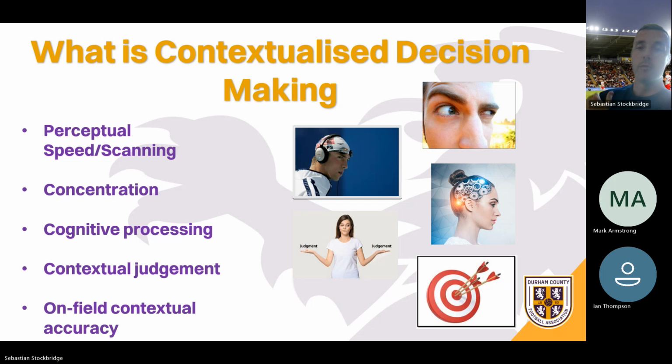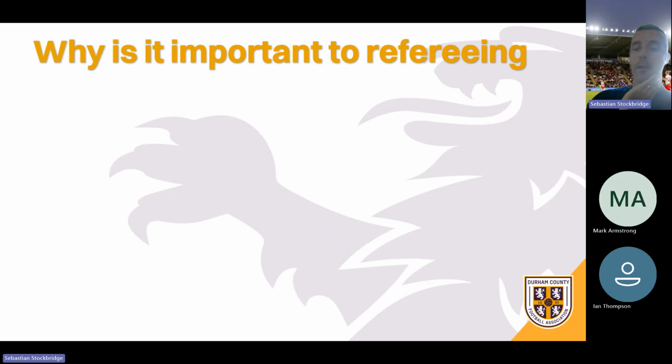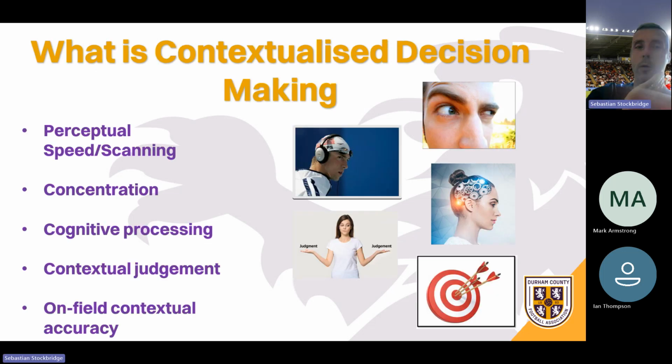So ultimately, we're judged on whether we get the decision right. Sometimes it's an unpopular decision. Sometimes we've just got to get that big decision right. There are some things that we can get away with. So we're happy with how they come together as little segments to create this contextual decision making. It basically means we're going to manage a game of football. It's the new fancy way of saying game management, but there's a few more aspects.